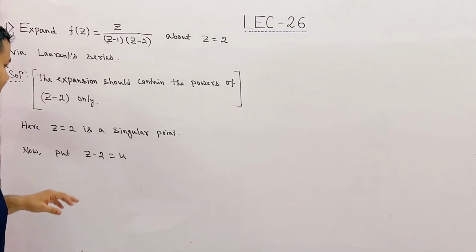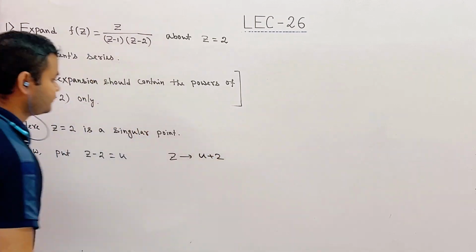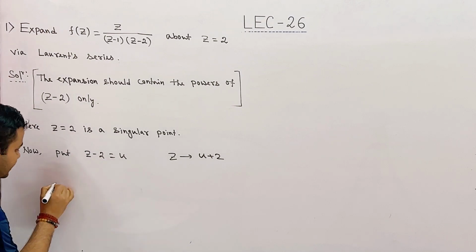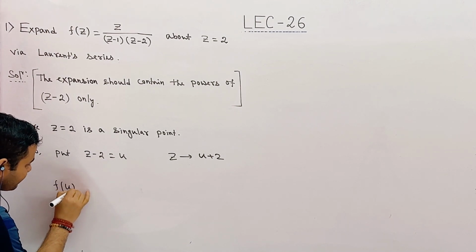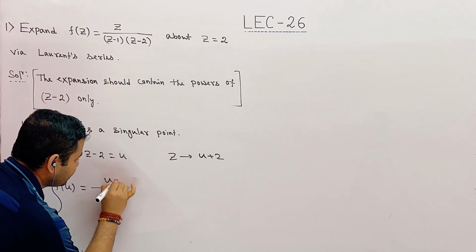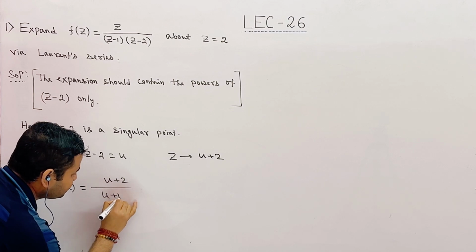Next, let us replace z by u plus 2. If we replace z by u plus 2, then this function becomes f of u is equal to u plus 2 divided by u plus 1